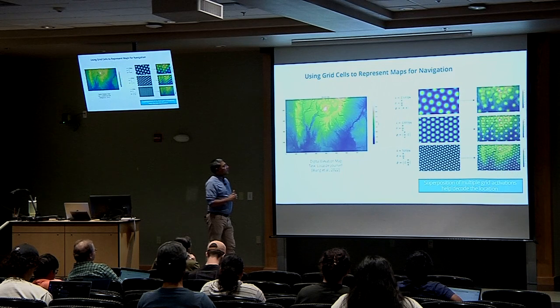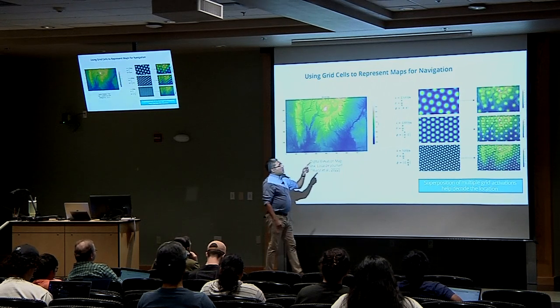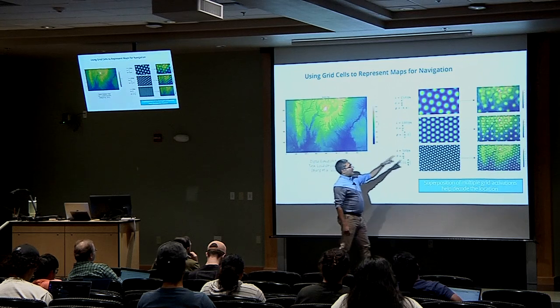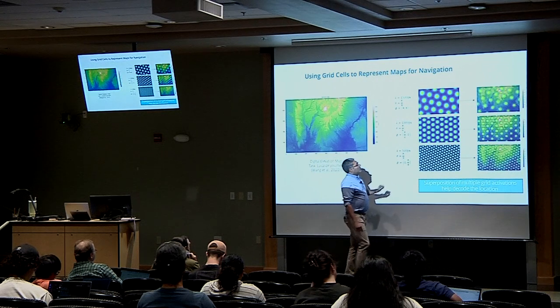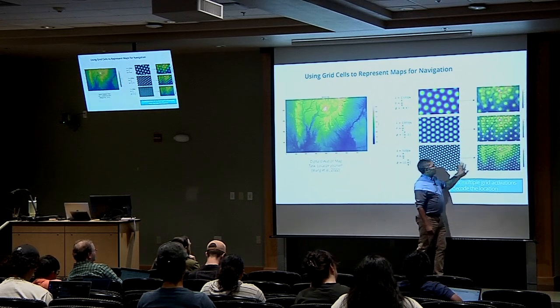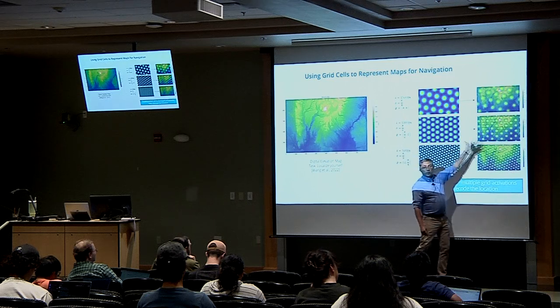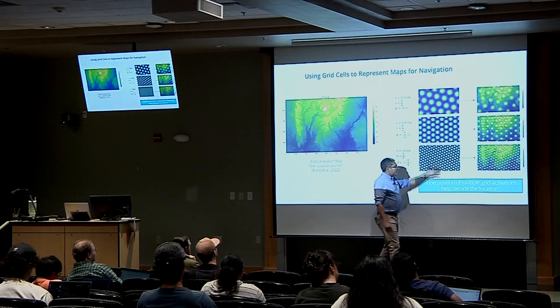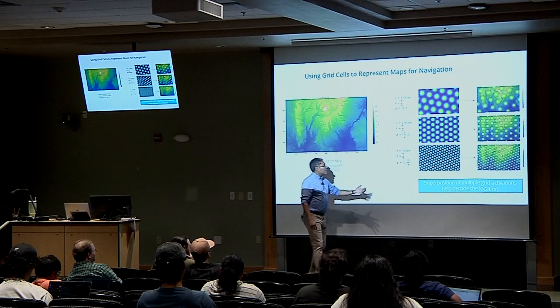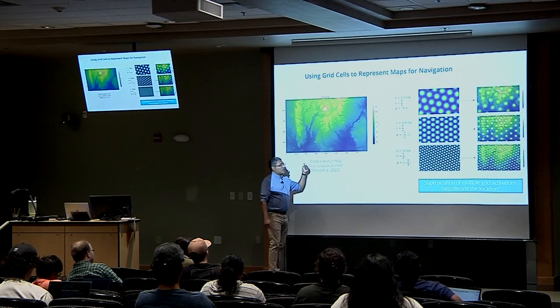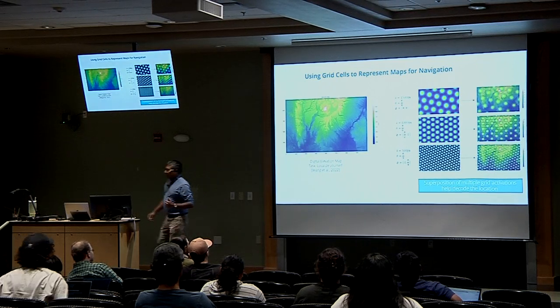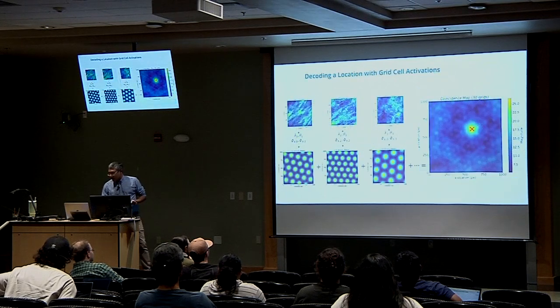Okay. So what we do is use a bunch of different grid patterns that we're going to use to capture this map information. We overlay this grid, right? So each of these grids on that map, they look like that. And if you have enough of these, then we argue that you could capture this entire information here. And it turns out you can decode where you are based on that information.